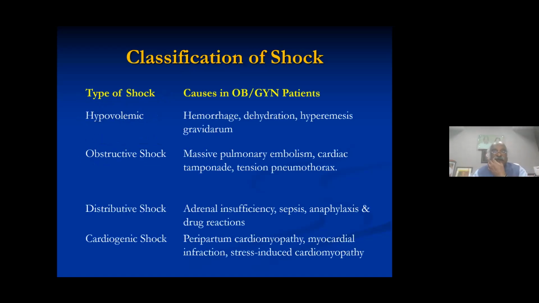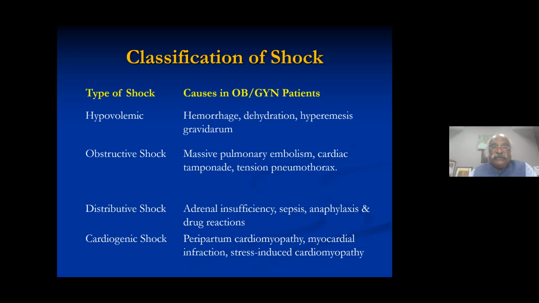Now, the hypovolemic shock. The cause in obstetric and gynecological practice is hemorrhage. We know that bleeding in obstetrics is a bloody business. And therefore, either obstetric hemorrhage or hemorrhage due to gynecological surgery comes under the hypovolemic type of shock. Apart from it, dehydration, hyperemesis gravidarum, and GI losses are also hypovolemic causes. If it's not a blood loss, it's a plasma loss, for which the same manifestations will be there.